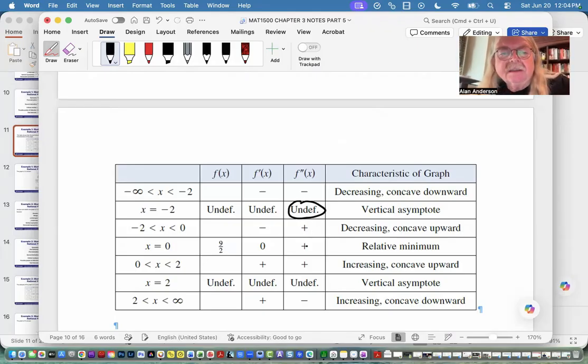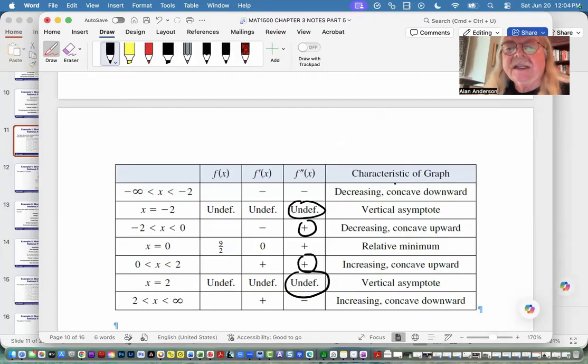Well, that's one of our asymptotes, by the way. It was undefined here. But then they discovered that between negative 2 and 0, the second derivative is positive. And then here, between 0 and positive 2, it's positive again. So these are the intervals in which we have concave up,